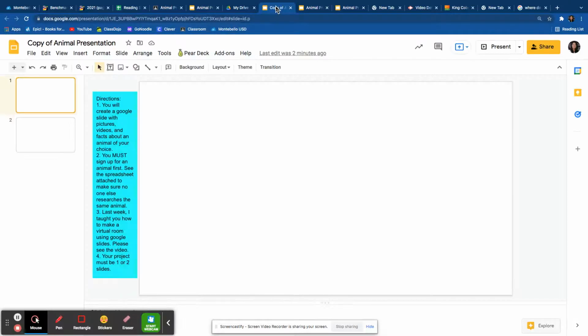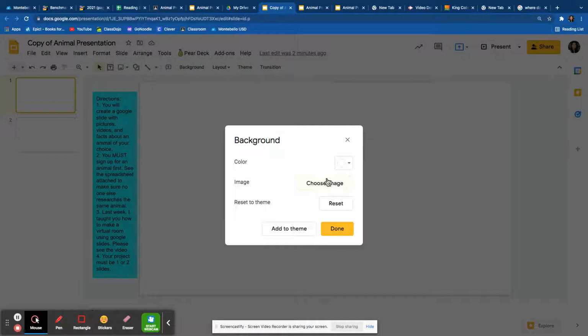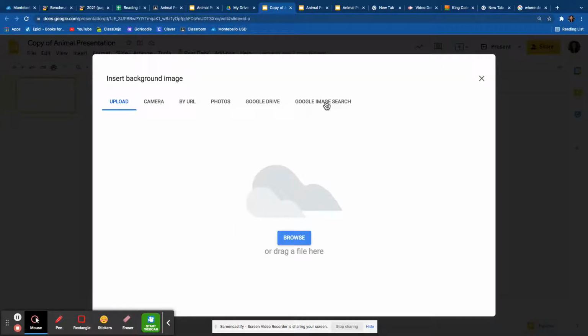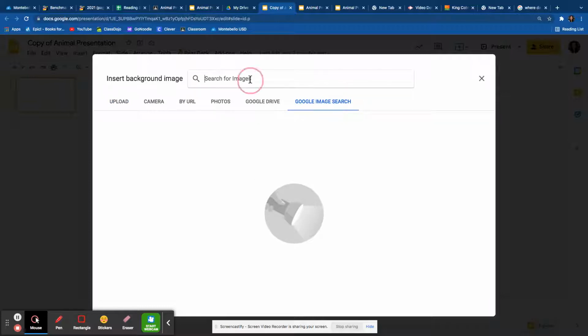Okay, so let's take a look at how to add a background to your slides. You'll go to Background, choose an image. I'll teach you how I did the cobra. I'm going to go to Google Image Search and type in desert